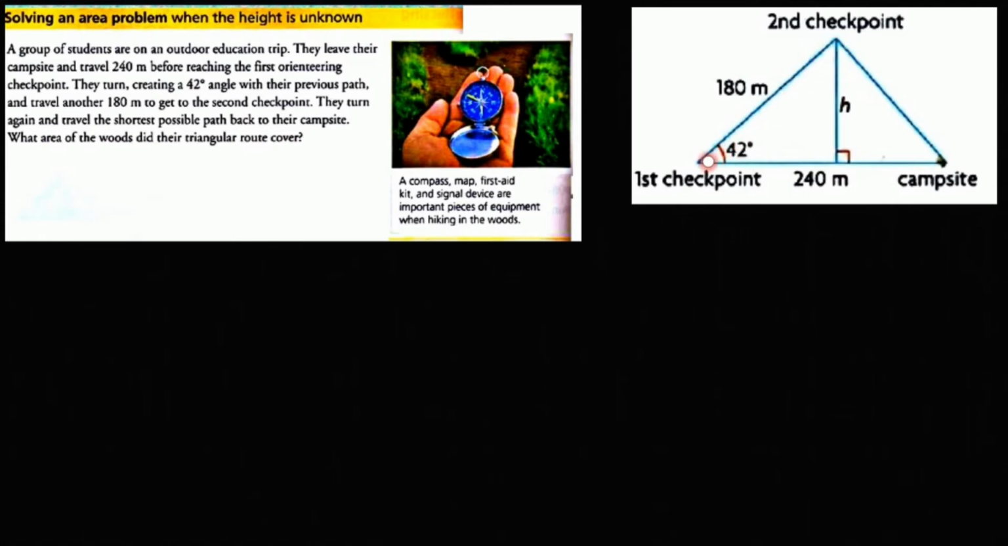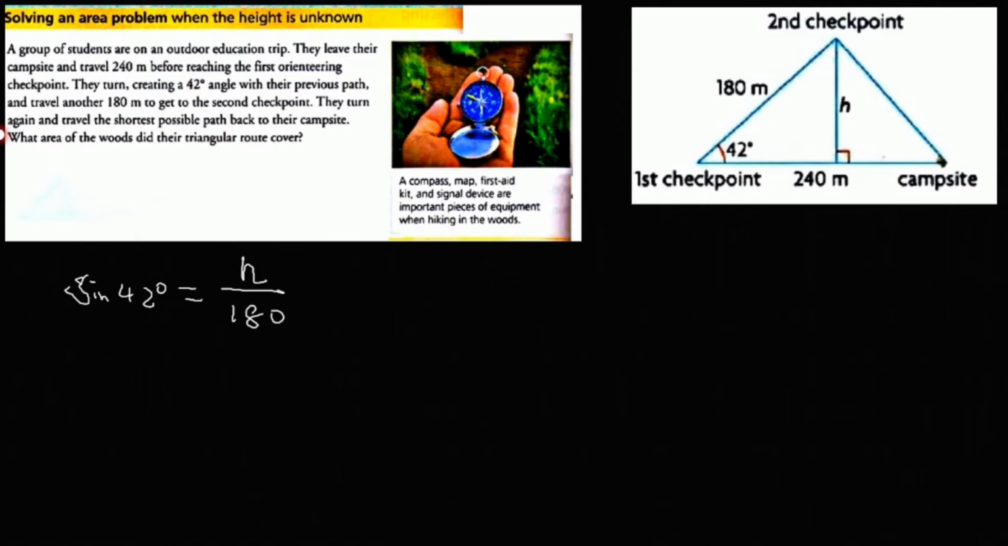This is the hypotenuse, so we can use opposite over hypotenuse. It should be the sine ratio. So okay, let's do it. The first, we use the sine: sine 42 degrees equals h